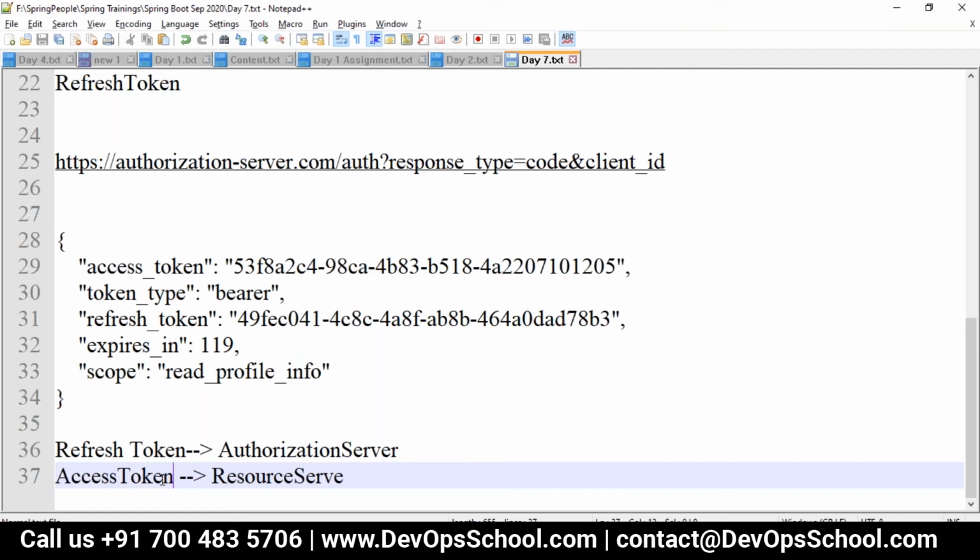Instead of doing all the steps again, I can go with the refresh token. It will only refresh the already established access token to use the API. A different access token will be generated during that time.